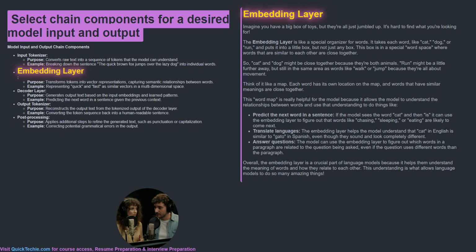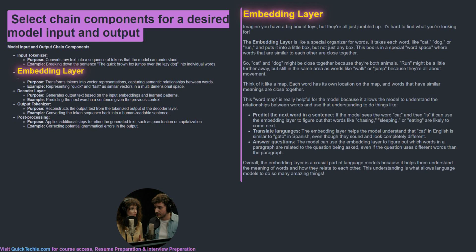Embedding layer. Imagine you have a big box of toys, but they're all just jumbled up. It's hard to find what you're looking for. The embedding layer is like a special organizer for words. It takes each word, like cat, dog, or run, and puts it into a little box, but not just any box. This box is in a special word space, where words that are similar to each other are close together. So, cat and dog might be close together because they're both animals. Run might be a little further away, but still in the same area as words like walk or jump, because